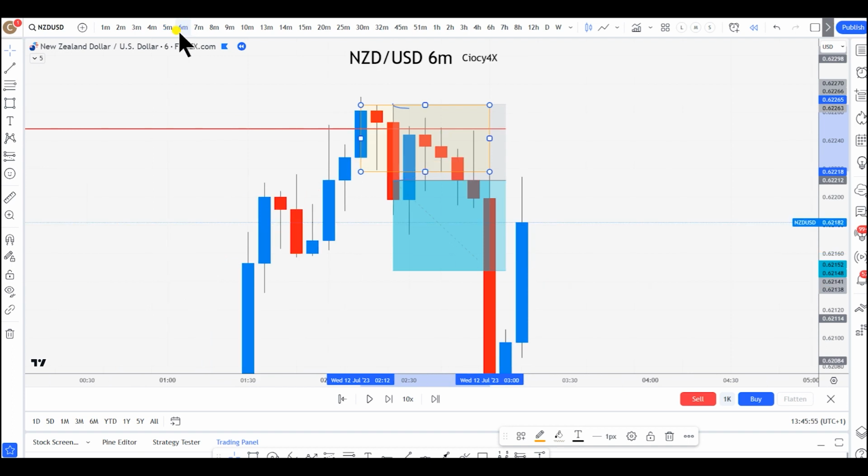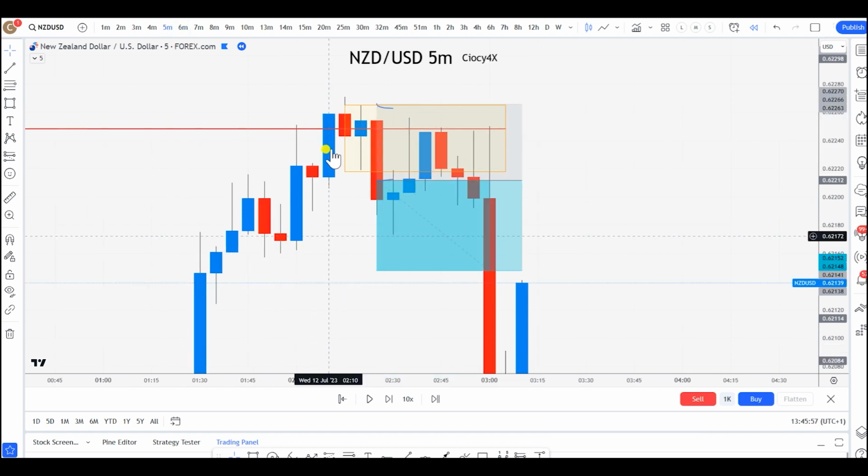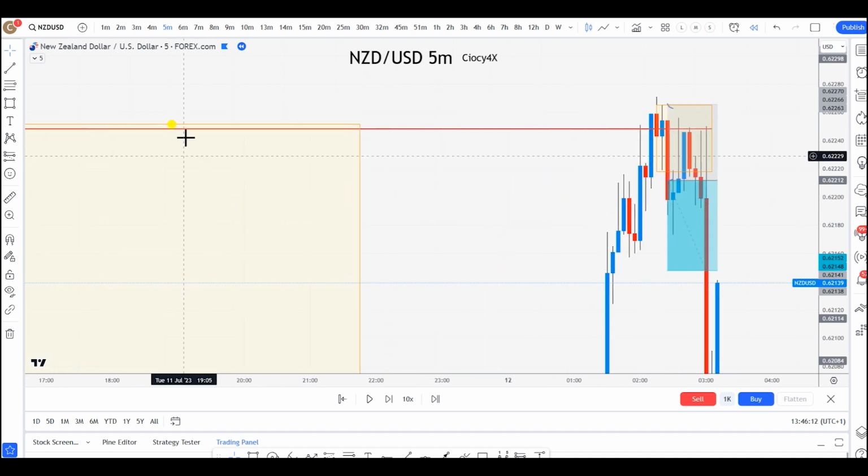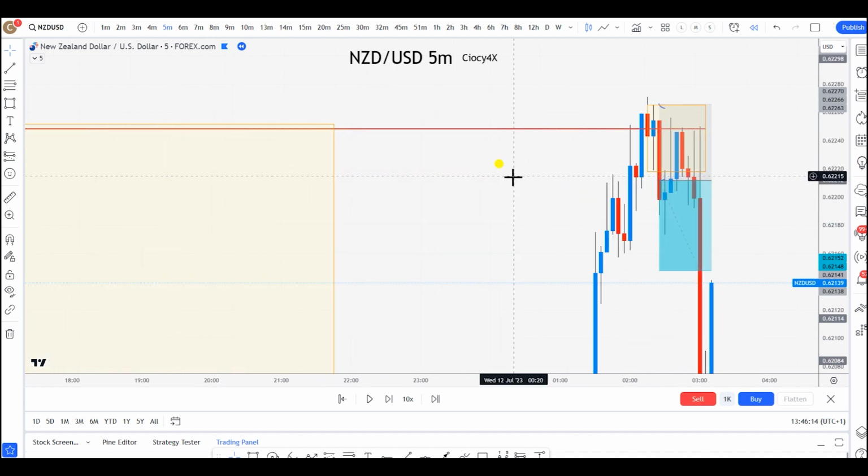Here we go. Look at this. So 5 minutes, you can see that, right? And on top of that, what did I also say? If you guys have watched the video about ICT, SMC, and Wyckoff, I told you that they're all the same things. Isn't that a base drop? So you have a rally base drop. When exactly do you have that? After the previous day high and low gets taken out.